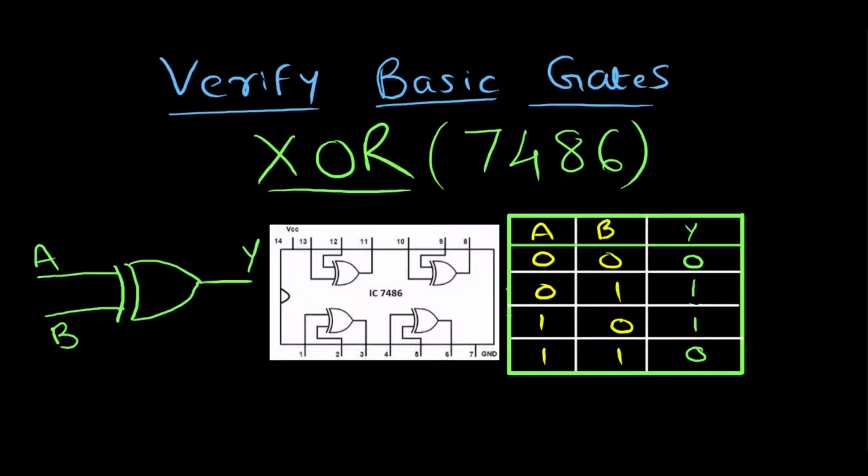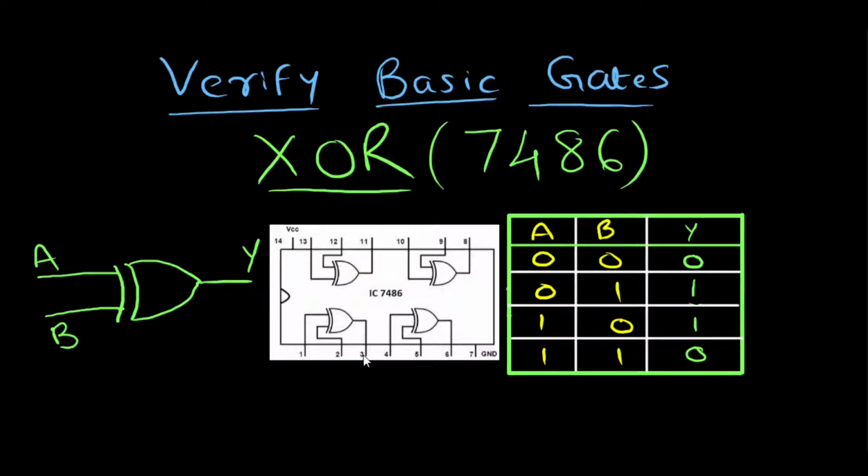In this video, let's practically learn how to verify a XOR gate and a NAND gate. If you have watched my previous video about the AND gate, I guess you already know how to connect the integrated circuit. Pin number 14, we usually connect to the VCC, and pin number 7, we connect to ground. Pin number 1 and 2 are mostly the inputs for the gates.